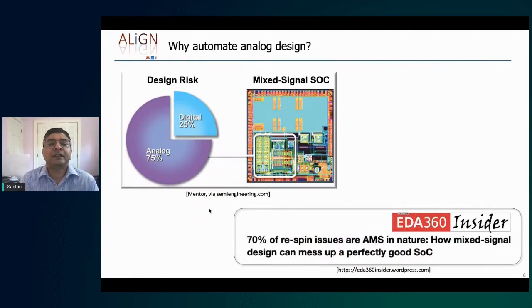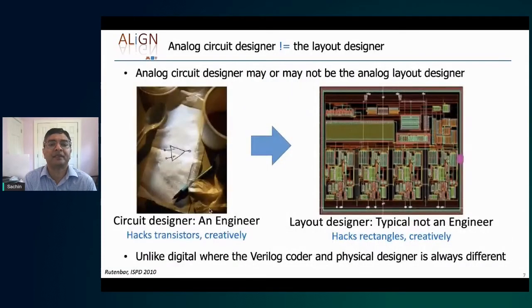The other reason for doing this is it's not just about the area, but it's also about the fact that the design risk is increased when you perform analog design. If you look at a large number of respin issues of post-silicon failures, they are related to the AMS, or analog mixed signal, part of a chip. And so if we can automate things and make them correct by construction and even provide enablement to the designer to help them perform the design iterations in a better way, then that would be a really important step.